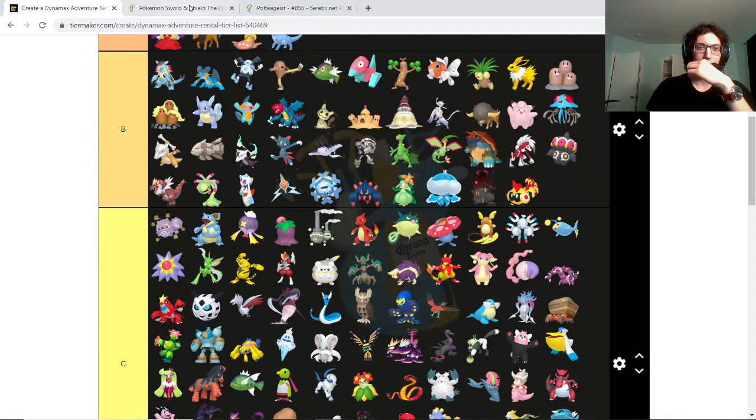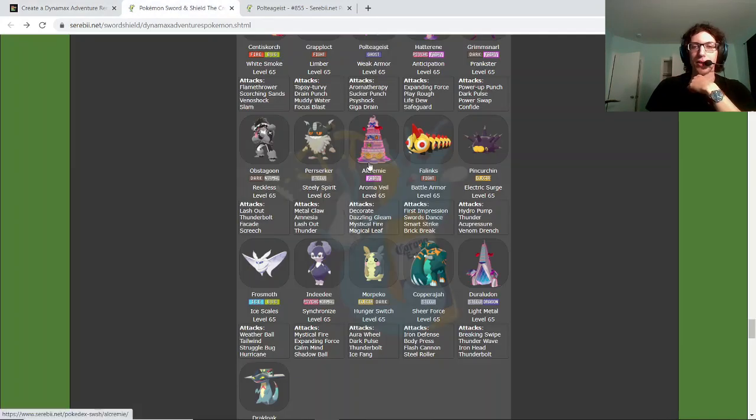It's on the low B tier. It's not great, but it's not bad. It's better than it is good. All right. So Hydro Pump, Thunder, Acupressure, and